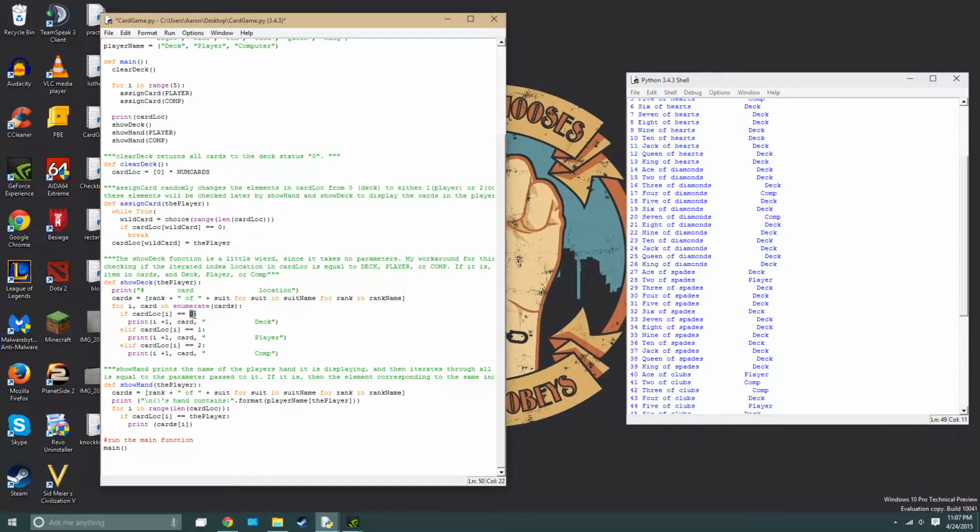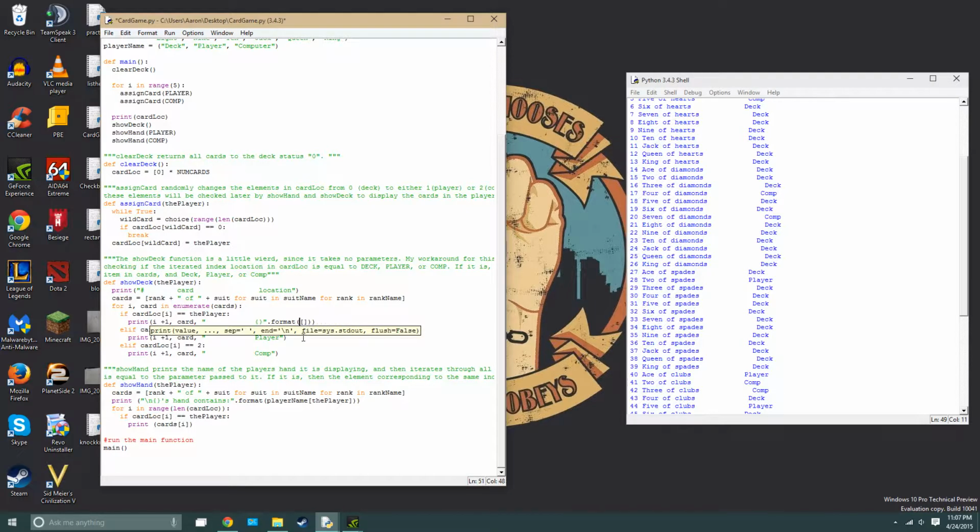And then I could set this equal to the player. And then I could just get rid of these two elif statements. And then I would change this to curly brackets dot format